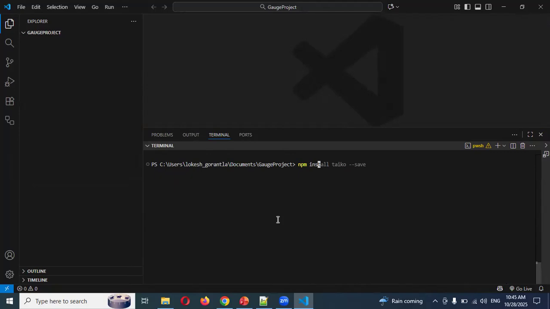Once you come to here, there is one more plugin you have to use: npm install -g @getgauge/cli, and then enter. Once you enter, it will install into your location. This happens in the background, so don't worry about it. And then you need to install